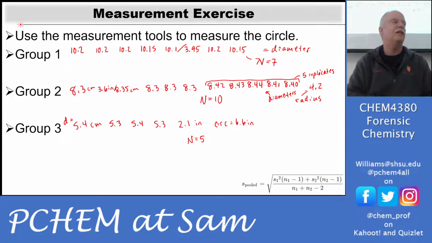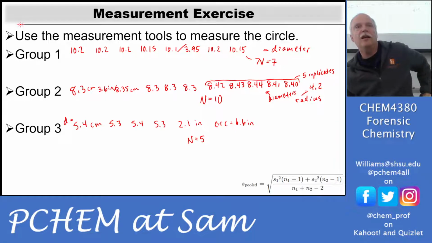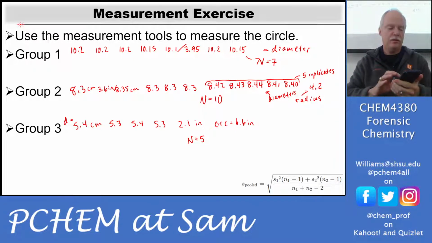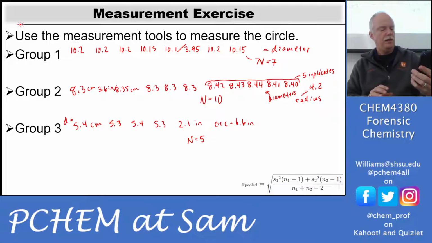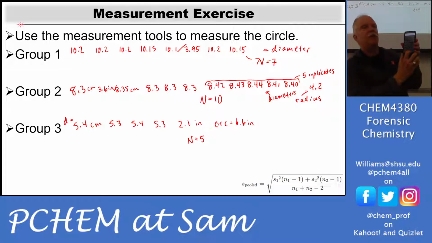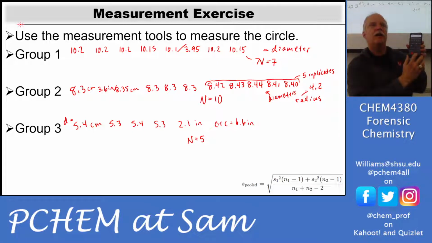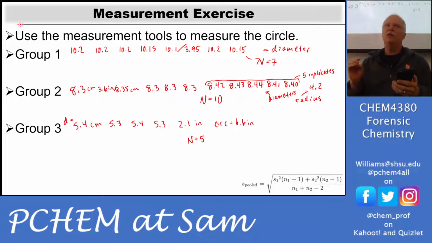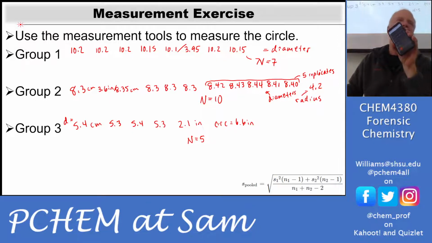Does anybody know how to use the statistical function on your calculator? Have you ever used those statistical tools? So I've got it on mine. Let's see, I got to find the right button. Down here, there's a little sigma plus, okay? And there's the sigma minus, but we're looking for the sigma plus button, okay? And so your calculator will calculate standard deviations almost always if it's a scientific calculator, but you got to know how to use that, okay?